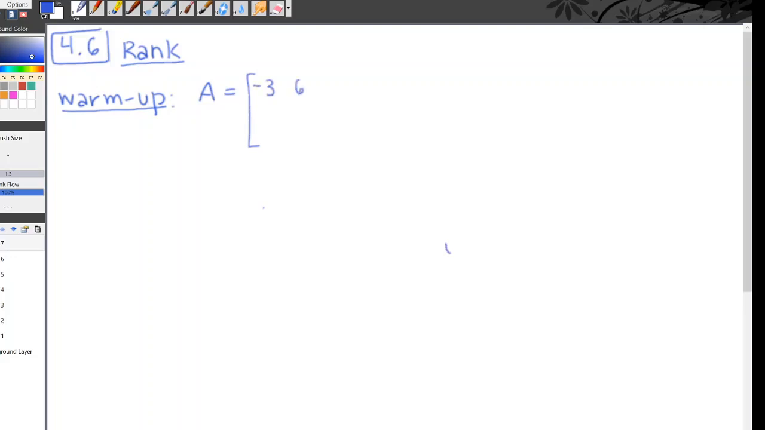So it's going to be, let's see, a 3 by 5 matrix. So 3, 6, negative 1, 1, negative 7, 1, negative 2, 2, 3, negative 1, and then 2, negative 4,